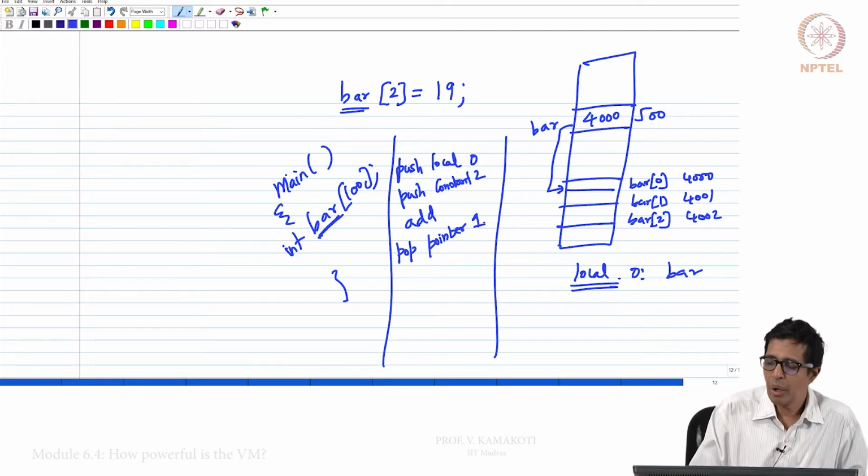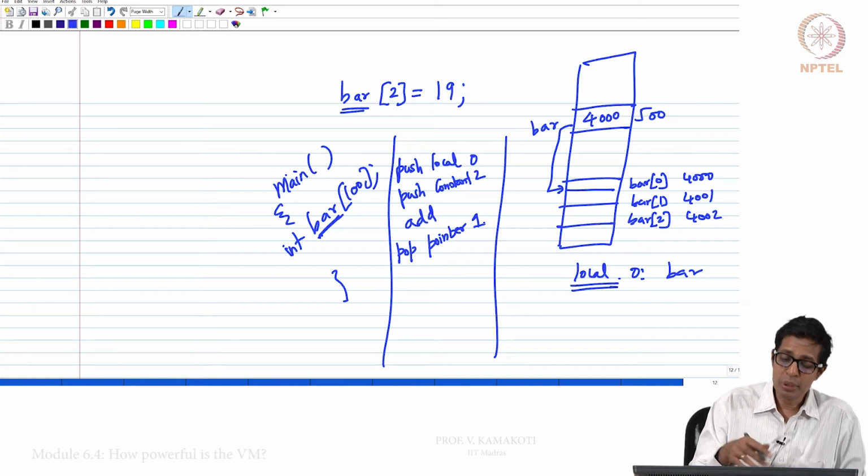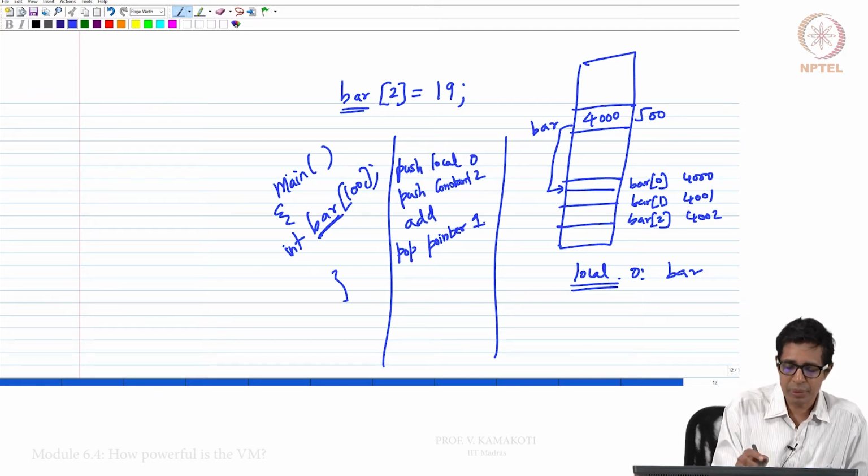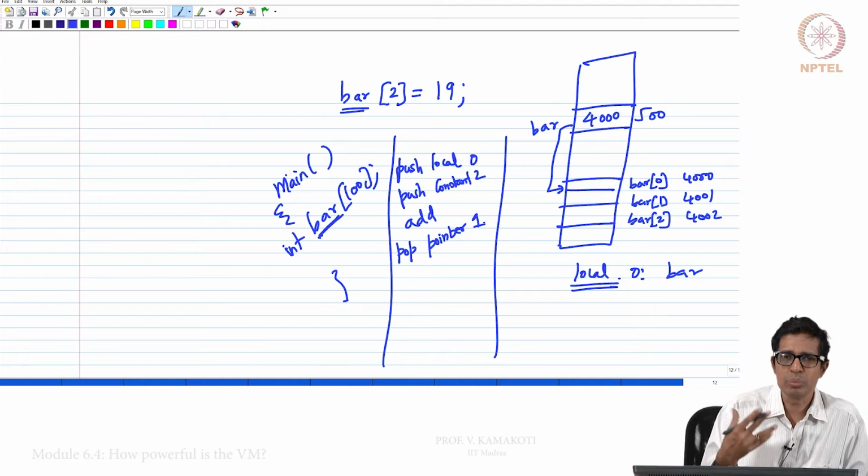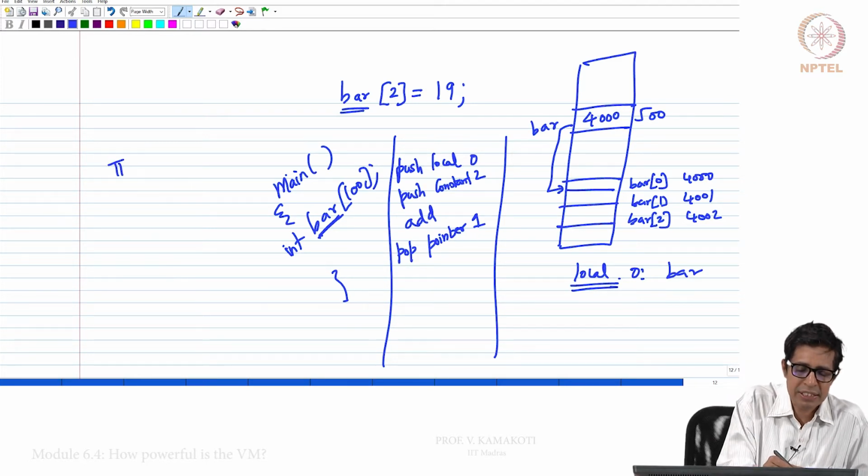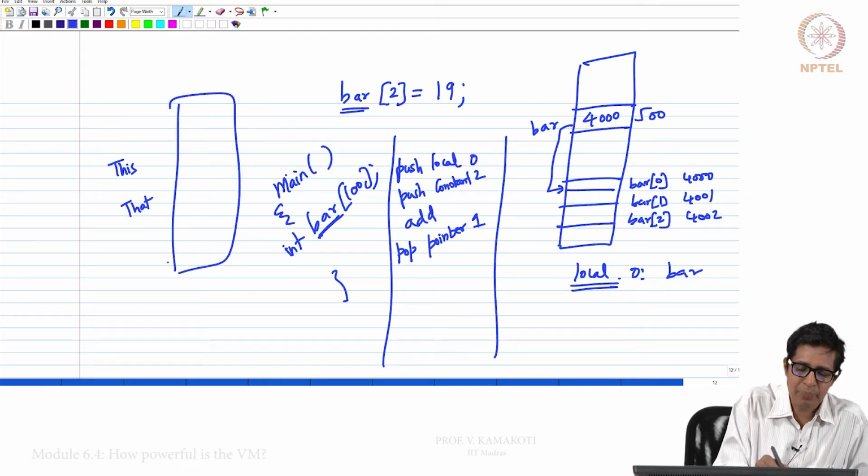Now, for the use of the function, we have two general purpose memory segments. One is called this, another is called that. In your entire RAM, this and that will occupy some k locations, k1, k2 locations.